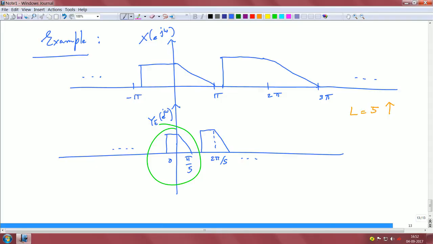That means you can put a filter which cuts off at pi by 5 here, modulus omega less than pi by 5, sharp or gradual, we'll discuss these issues, but you will have to have a filter which cuts off and gets just this one image out,